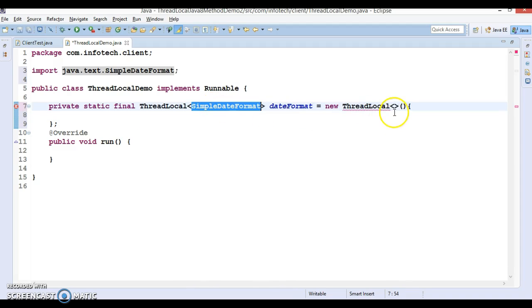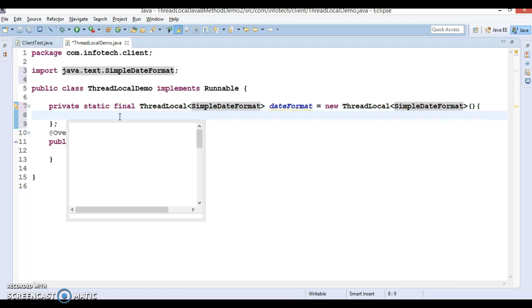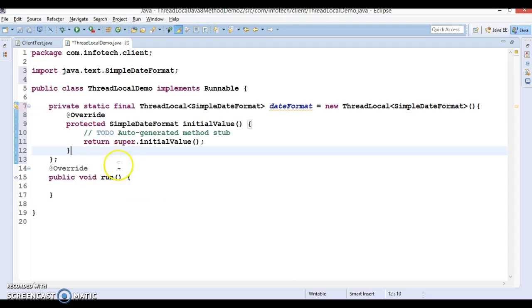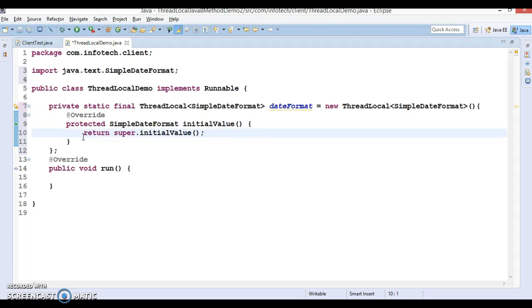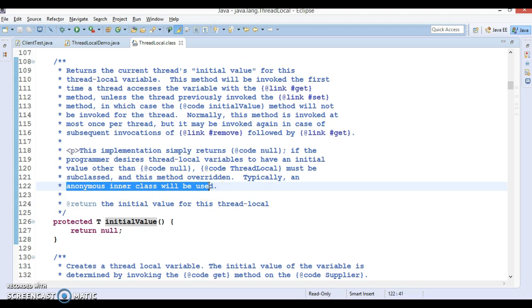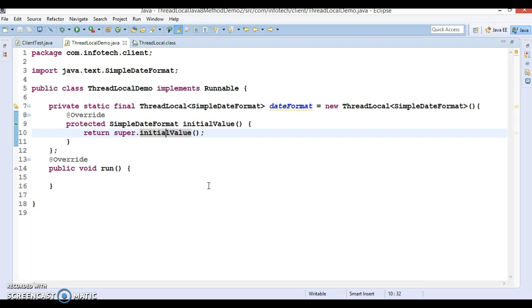Let's specify generics over here, and I'm going to override the initial value method. As we have discussed in the previous video tutorial, initial value is a protected method, so you cannot directly access it in another package. So either you subclass thread local and override initial value, or you create an anonymous inner class. That is already given in the Java doc.